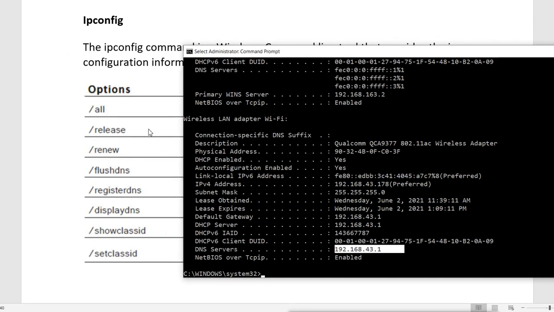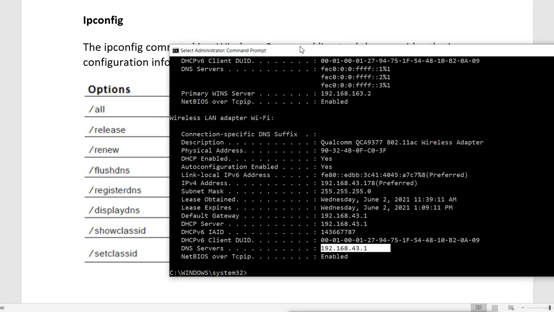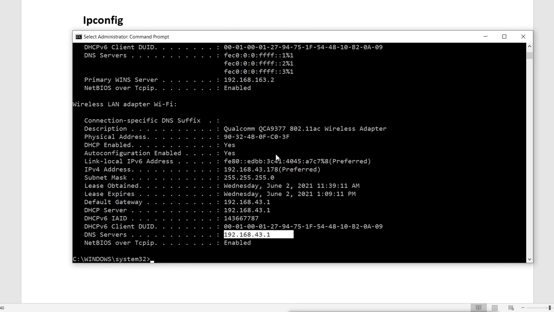Then we have this option called flush DNS or display DNS. First, display DNS. Now remember, DNS's job is to resolve names to IP addresses.